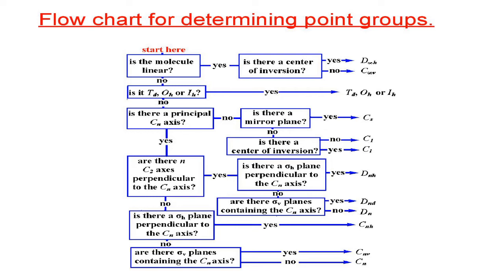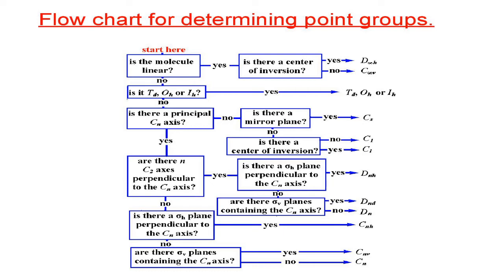So, in that case, it doesn't possess I, and hence it possesses the point group C infinity V. Now, move to the condition. Is there a linear molecule? Yes, we have the two point groups, D infinity H and C infinity V. If not, we go for the higher symmetry molecules, that is Platonic solids, for example, tetrahedral, octahedral, icosahedral. If yes, we can assign directly Td for tetrahedral, Oh for octahedral and Ih for icosahedral.